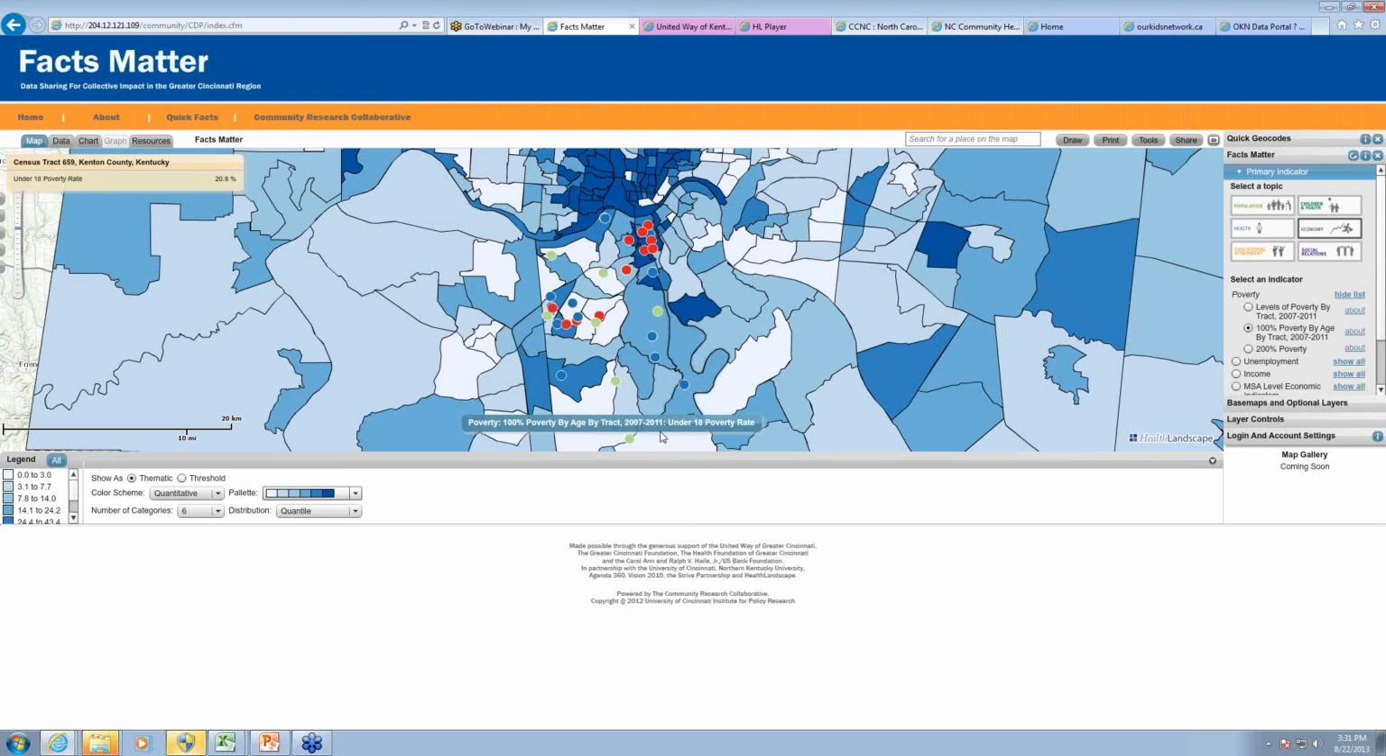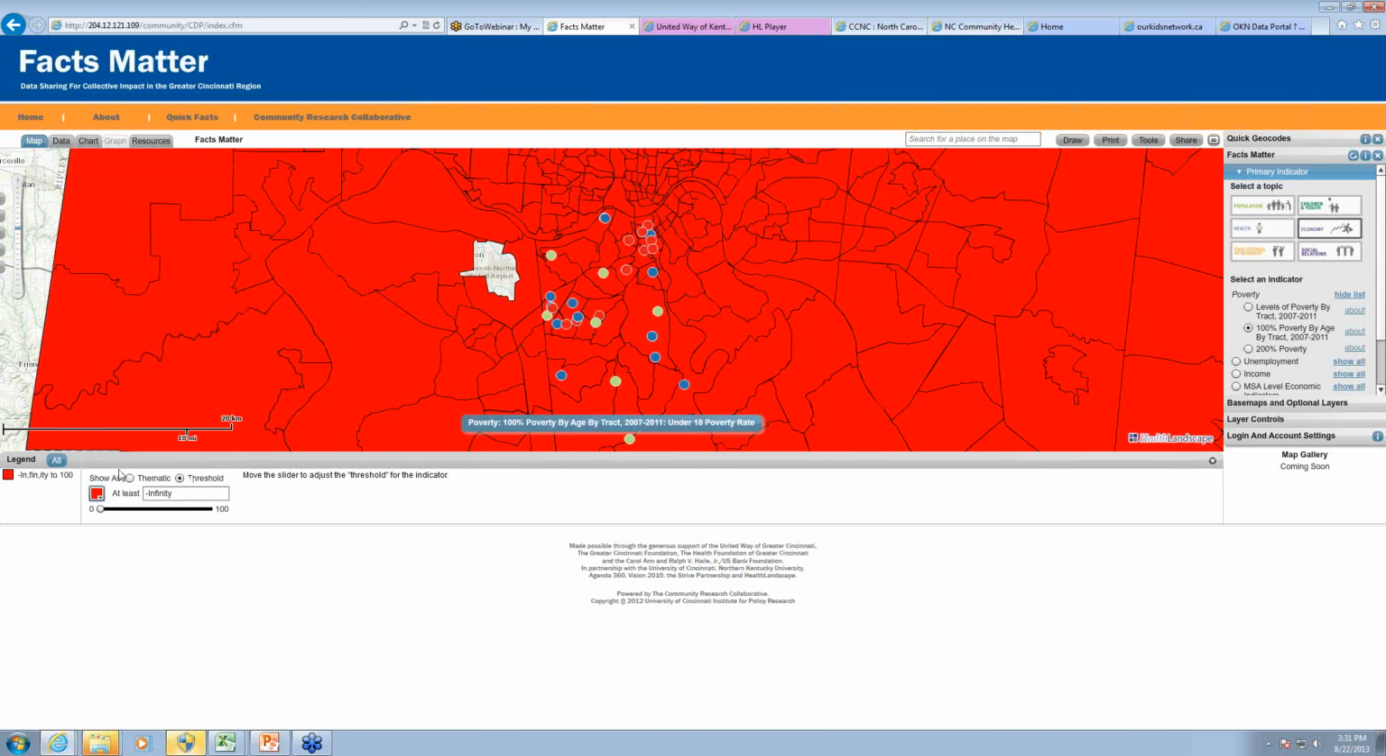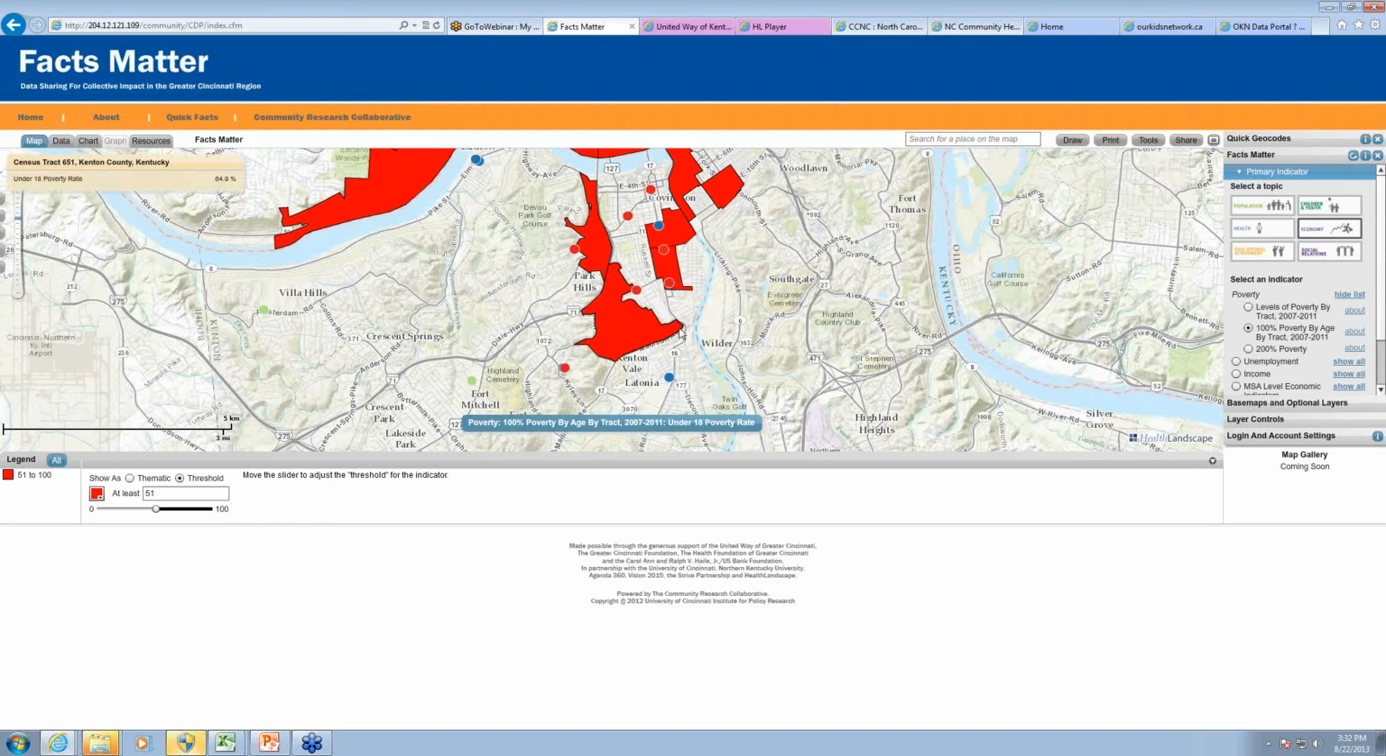difficult to tell. Let's go ahead and say we want to focus on just the highest poverty areas. We can actually use our threshold tool here. Say let's focus on those areas that are 50% or higher. So here, looks like in Covington, the more urban part of Northern Kentucky, there may be some relationship between the low-performing schools and poverty. So this is just one example of how you can begin to look at this relationship. So say this is something we find very interesting,